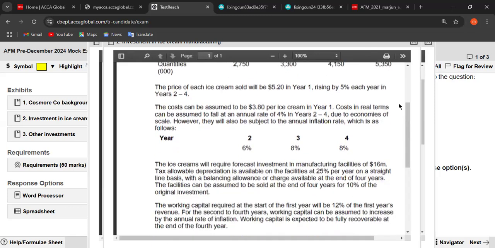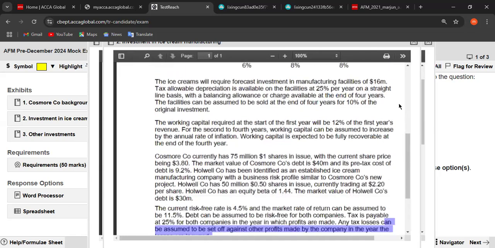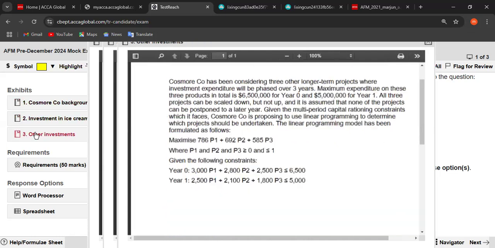Okay. Capture the other part as well. Yeah. You can capture this one as well. Yeah. Got it. Okay, now